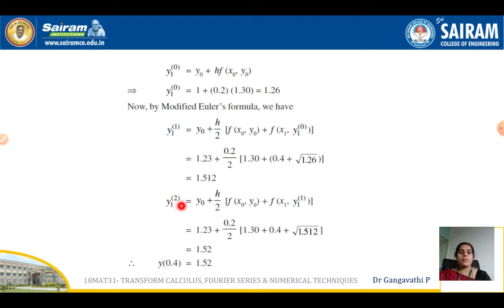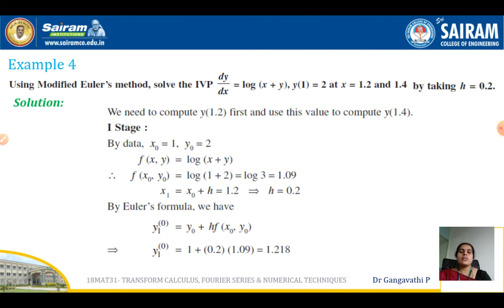And y1 in the second approximation, because it has asked us to perform in the question itself. So we are doing each stage in 2 iterations. So substitute the suitable values and simplify. Y 0.4 is 1.52. So writing the formulas in every case is very important, because you'll have marks allotted for it. So write down the formula correctly and make a substitution to the formula exactly, so that you arrive at a correct answer.